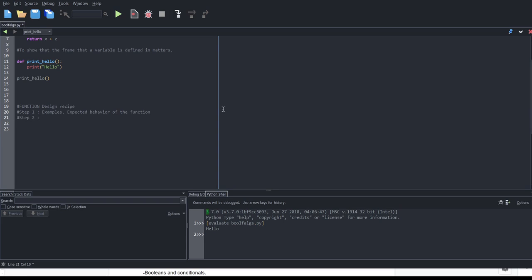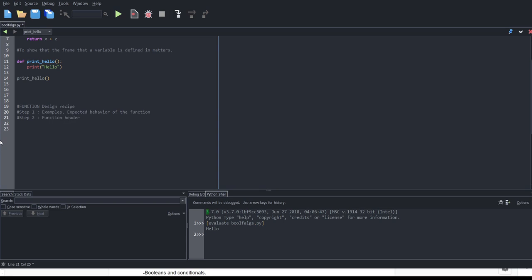What do we got for step 2? Let's see if the chat knows. Header. Yeah, I guess that could work out. Docstring, well, this is all kind of parts of the docstring, but yeah, we could do the function header. Now, the specific order that you do this is not super important.